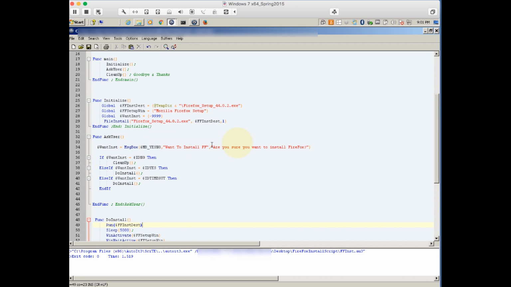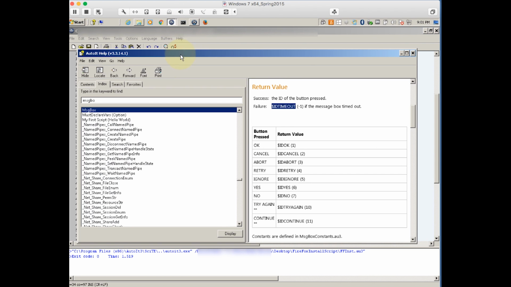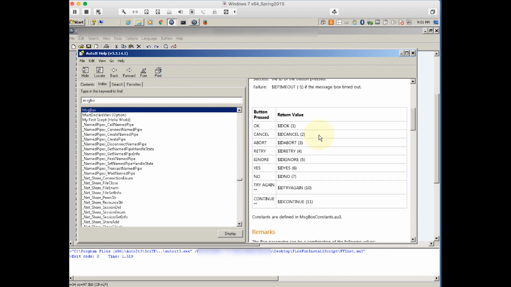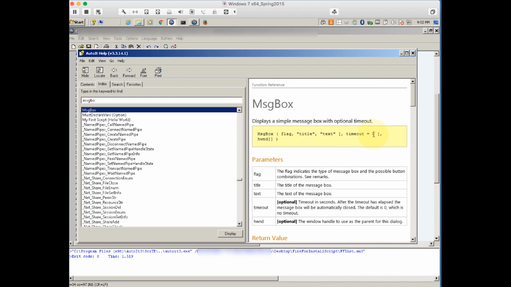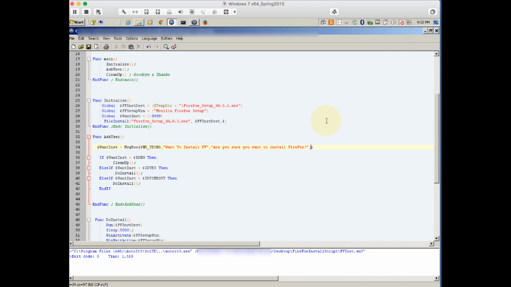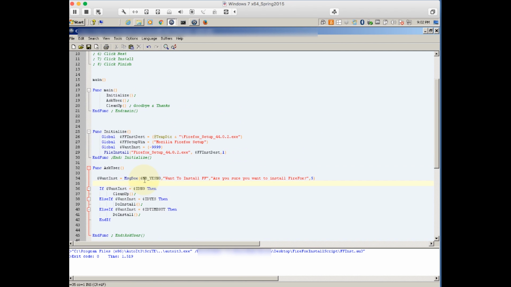In this message box, we never actually told the computer to time this out. So let's go ahead and go back to our message box and see how we do that. Okay, we're still in our message box. Timeout in seconds. Default is 0, which is no timeout. Okay, so I'm going to default after 5 seconds. And we assume that if it times out that they say yes, right? Okay,